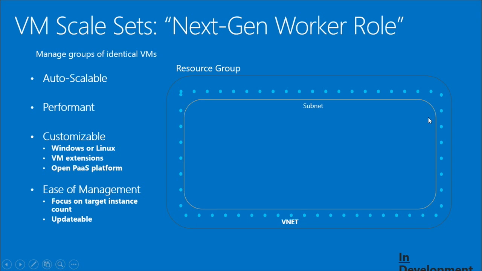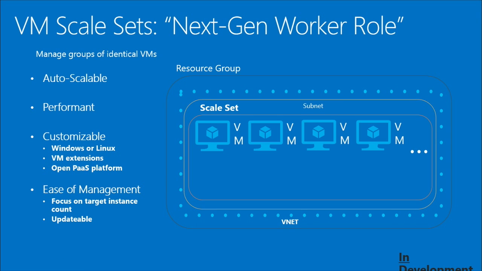And if you look at the slide, the representation of the same example that I showed in the previous couple of slides would look like this: you would have a single API that describes what a VM scale set is. These are identical VMs. Every VM in the scale set is identical, and that is how the platform is able to rapidly scale out and scale in, right? They share the same model. They obviously have independent lifetimes. Each VM can run as long as it wants to run, but they all look alike, right?